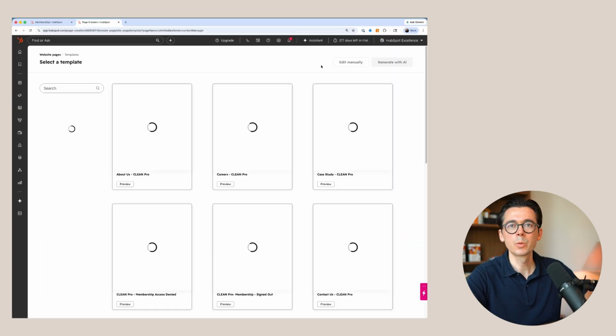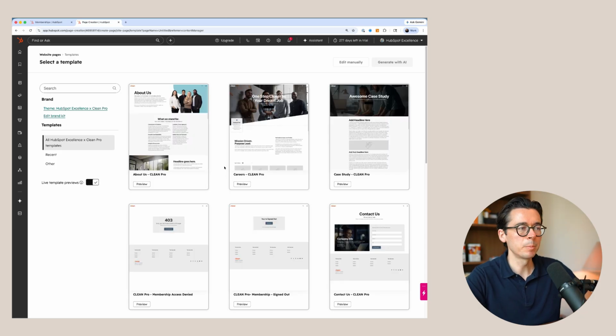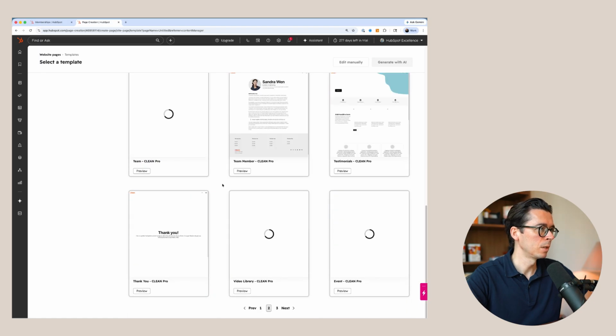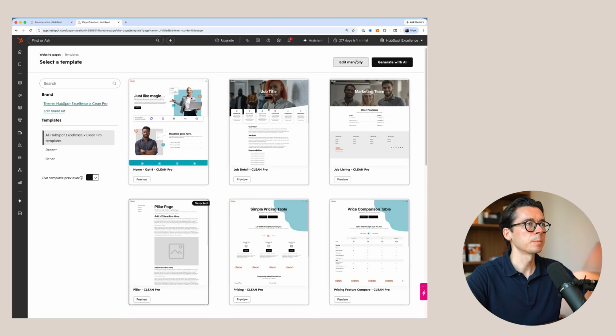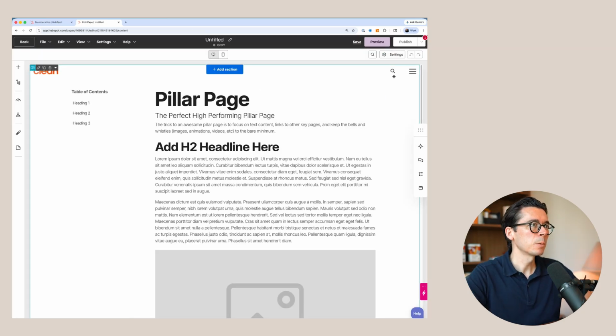So we click on create a website page. I always like to use the Clean Pro theme, just makes things very easy for myself. And let's just do a simple page here. I'm just going to use this pillar page. I'm going to edit this manually. I'm not going to change the content specifically for this one, but as soon as your page is ready,